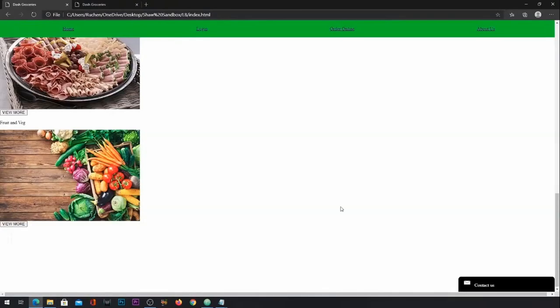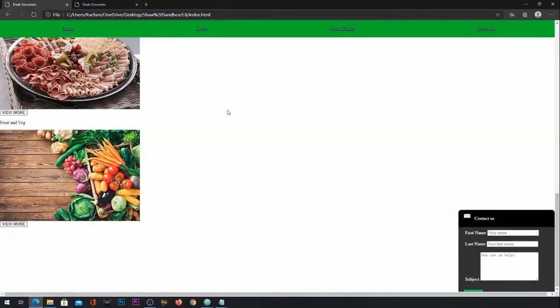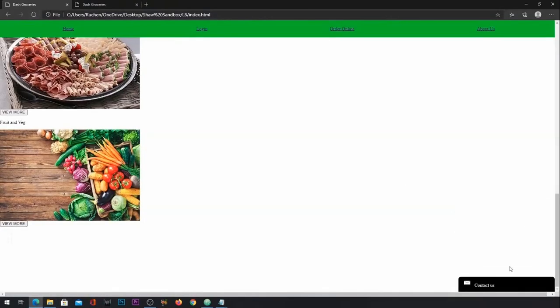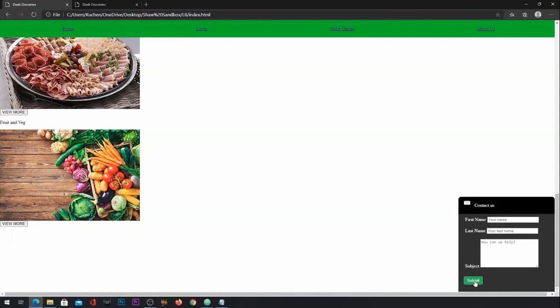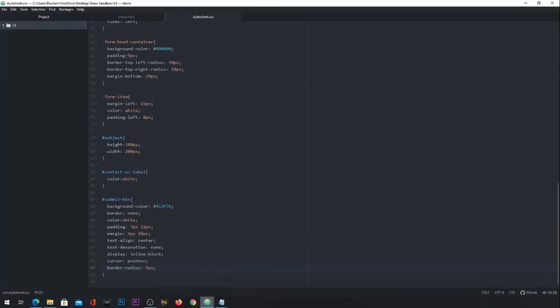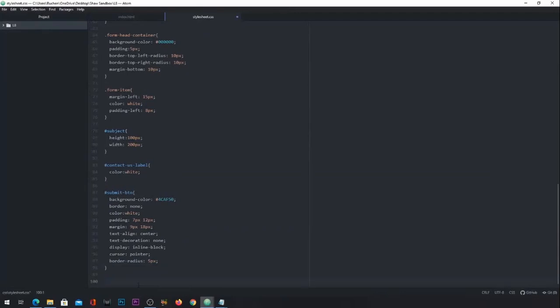Okay, so I head back over and I refresh this now. There you go. So my pointer's changed as well. So my button is nice and rounded, and instead of just showing a boring old pointer, I've got this hand as I hover over this. Okay, just a bit of slight detail in case you're wondering how to add those kind of features to a website. Now the next thing I want to do is I want to change some sort of transition in my